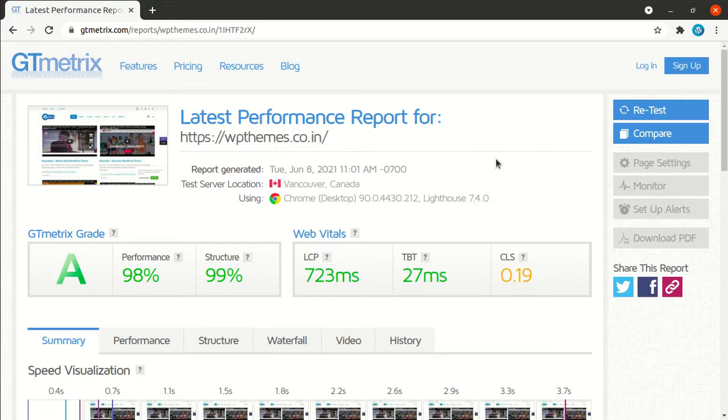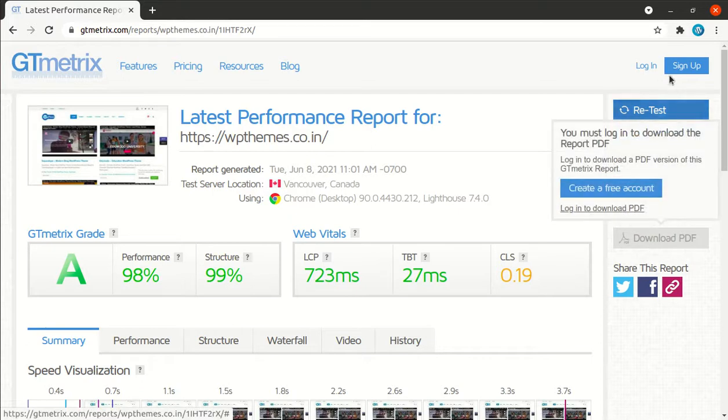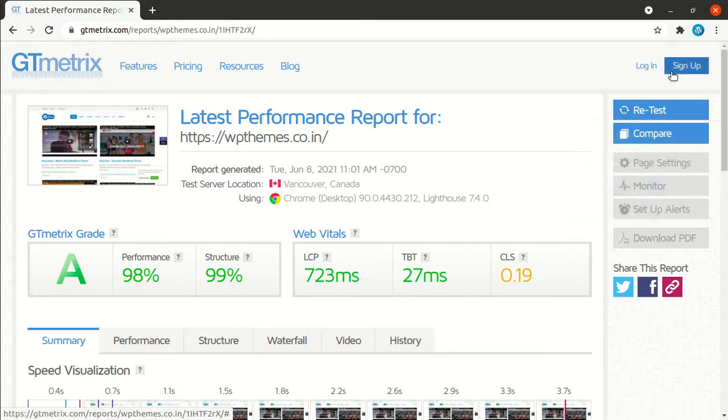First of all, you have to monitor your current score at GTmetrix. For this you can sign up at GTmetrix. I am not showing the sign up screen, but I recommend you sign up so that your complete history of testing and all such measures remains on GTmetrix. After signing up, you can download the regular PDF as well. Sign up is free of cost, so I am not promoting this for any price. You can sign up for a free account and use that.